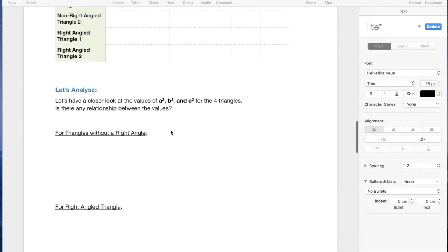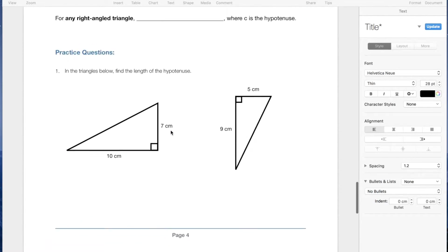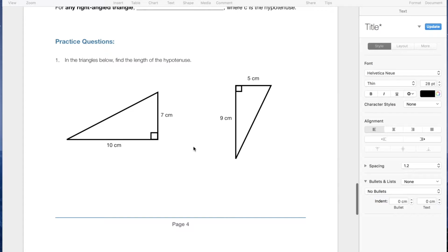If we scroll down and look at this triangle here, this is your worksheet. The right angle is here, so the hypotenuse will be this side, because you want the side that is opposite the right angle. Opposite means in front of. So if the right angle is here, this is your hypotenuse. I know I'm repeating a lot, but you really need to be able to identify the hypotenuse correctly given any right angle triangle.